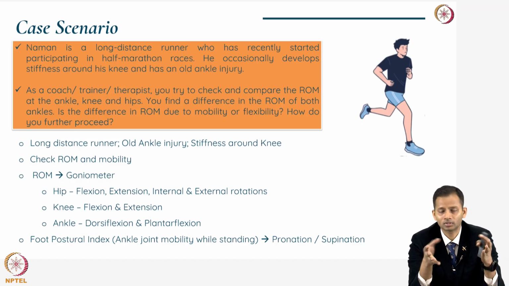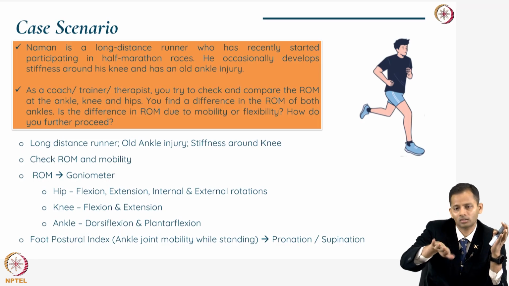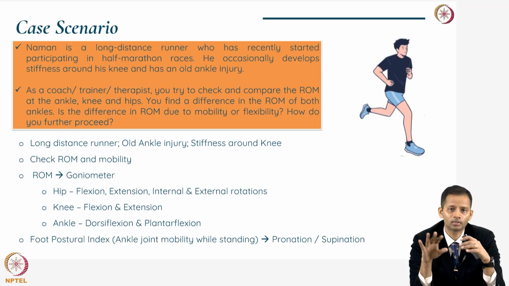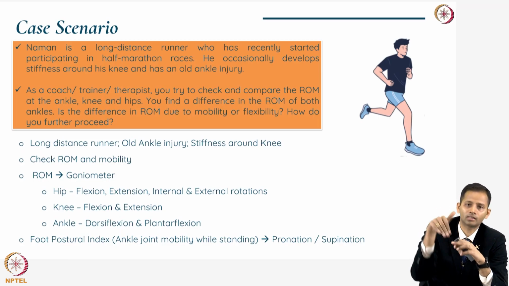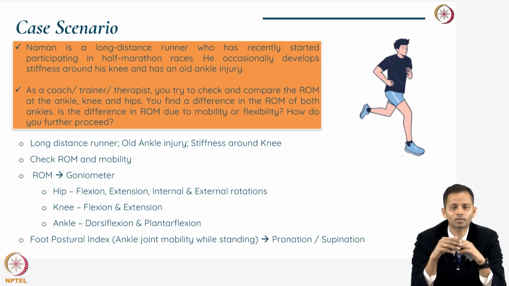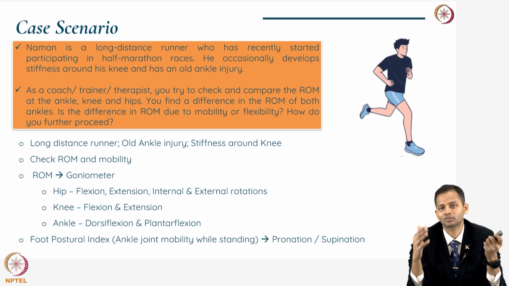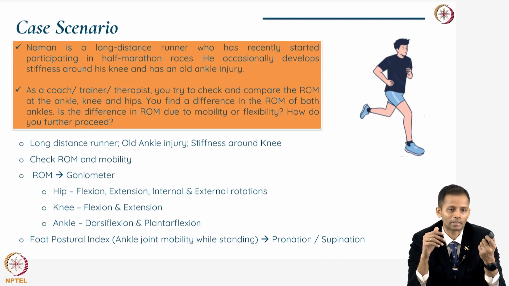Positive ratings mean the foot is going into eversion or pronation. Pronation is where the foot is going outwards. Supination means the arches are well intact, and a high arched foot that becomes over supinated, or an extremely supinated foot, will look like this. So that's how you can assess the kind of mobility available at the foot using the foot posture index.